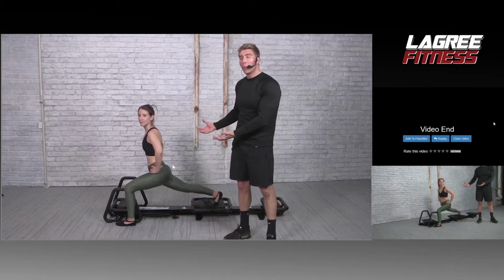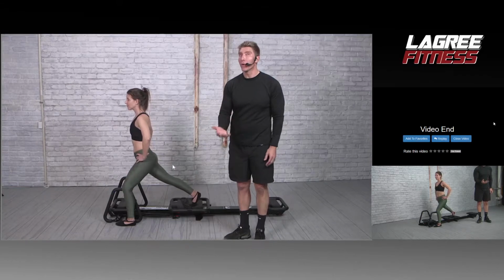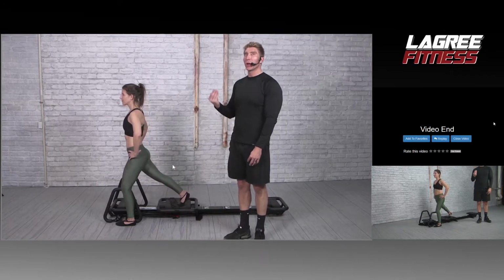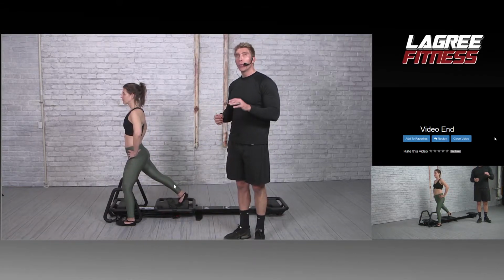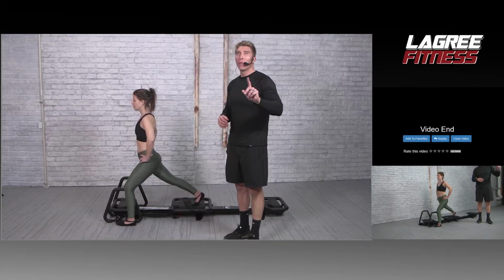When you come up, you're not pushing on the toes. You are pulling from the heel. And I don't know if you can visualize this, it's a difference. When you push from your toes, you're going to have a tendency to put all the effort on the quads. I don't want that,